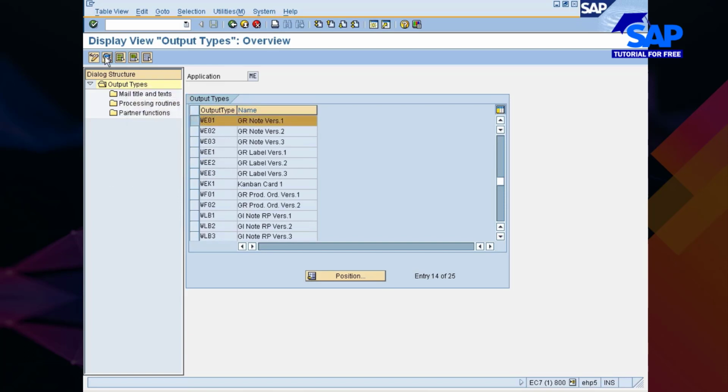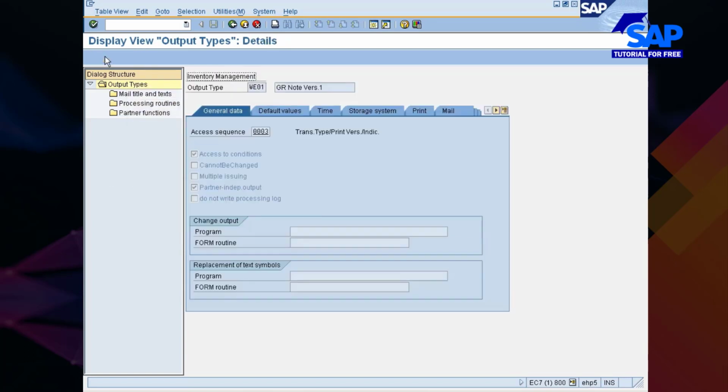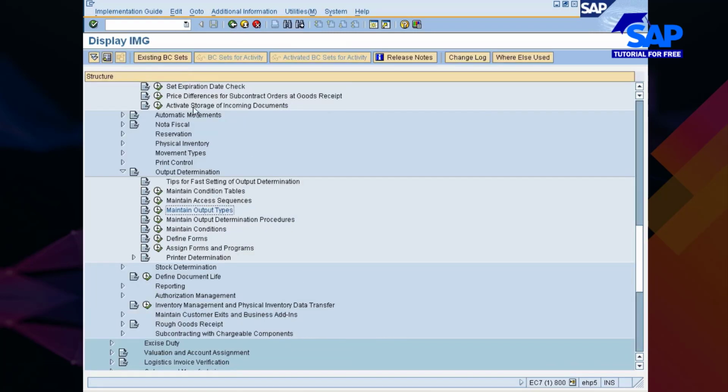If you go into this, you would have some access sequence key 0003, isn't it? So for this 0003, if you just go back, this is a standard setting which I am expecting everything will be available.